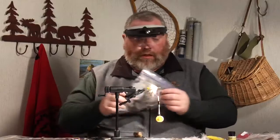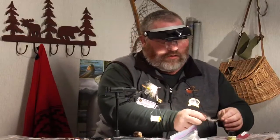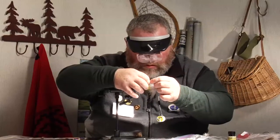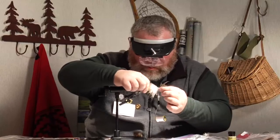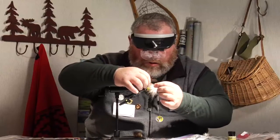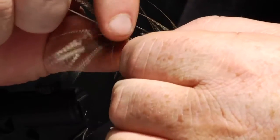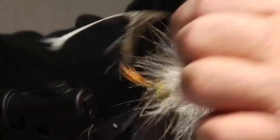And the next step, I'm gonna take a gadwall to throat the fly. So I take a piece of gadwall and I'm just gonna strip it back and open it up good. I'm gonna strip my excess off. It calls for 2 turns of gadwall, so I'm gonna just strip it back and I'll lock it in my finger like that, and then I'm gonna stroke it down to give it where everything's kind of going back. And then I'll bring it